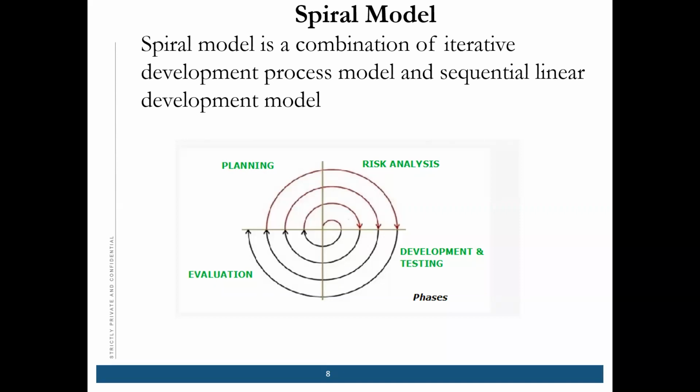So it mainly undergoes phases like the planning phase, and in the planning phase requirement gathering, cost estimation, and resource allocation are done. And the next phase is what? This planning phase is done, then there is the risk analysis phase. Here they find out what the strengths and what the weaknesses of their project are.